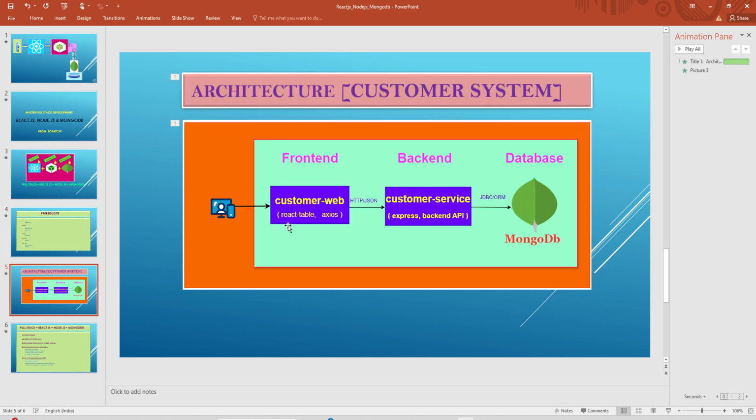Let me take you to the architecture side. Here we are going to create our customer web front-end application using React.js, and in that we are going to use React Table and the Axios library. Using the React Table library, we are going to implement some core and main features like searching, sorting, and pagination, and we are going to use functions and hooks available in the React Table library to achieve all these core functionalities. Using the Axios library, we are going to call our backend APIs and retrieve data and store data